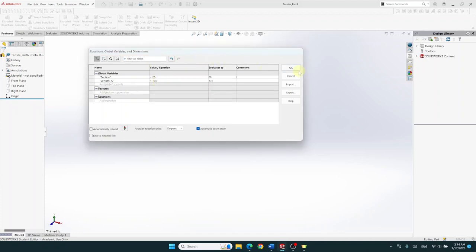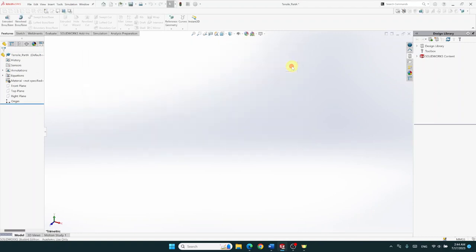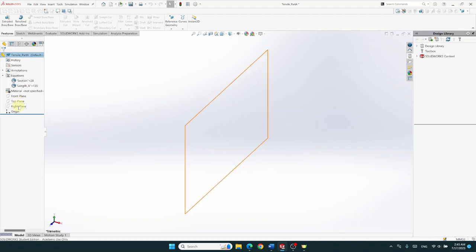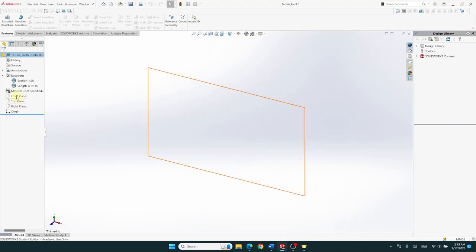So if I have to change my sections, I can just change my number in the equations. So in the equation, I have the section 28 millimeters and the length 135. Remember, we said that we will use the y-axis plane. If you go over the different planes, you can see where they are. This one is the top plane or the bottom plane, the z-axis. This one is the right plane, zy, and we want to use the front plane. So we click on the front plane,